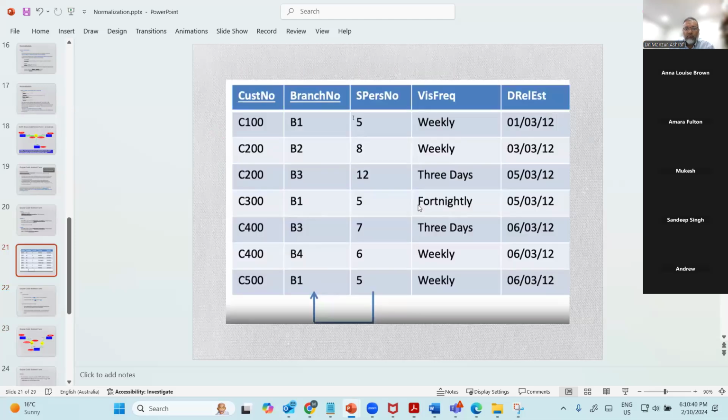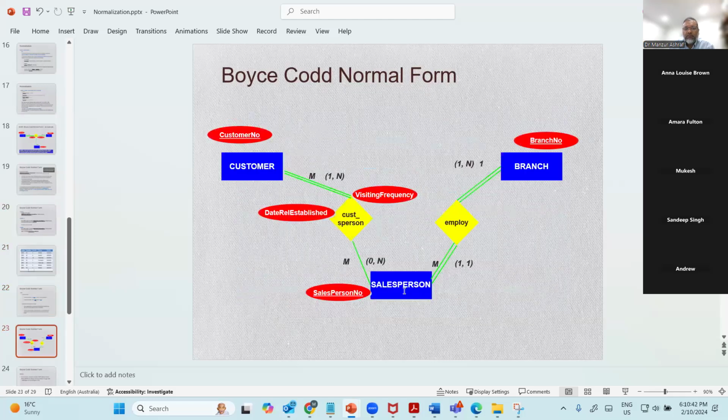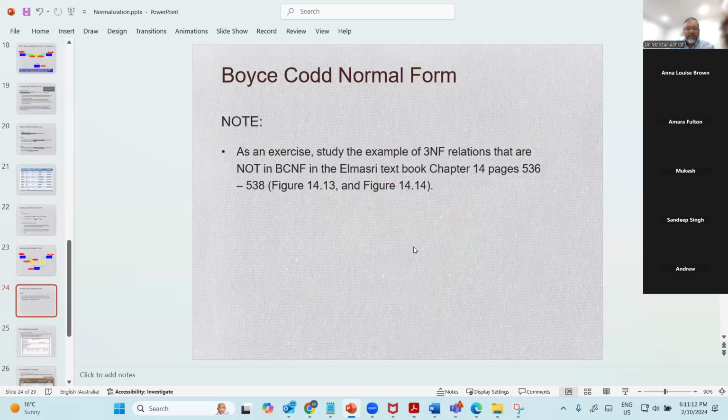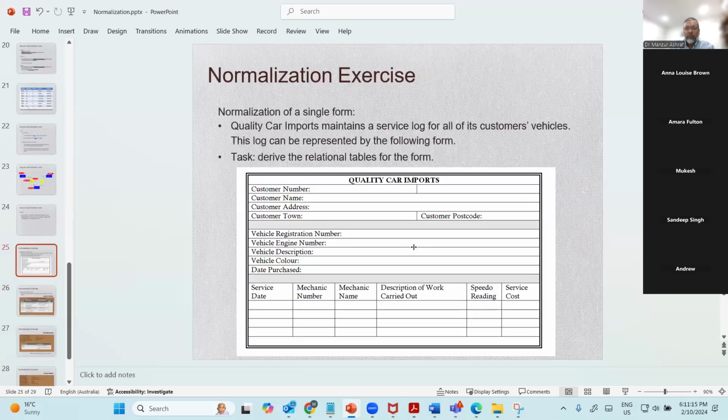And if we do so, like for this customer table, then the relation becomes something like that, right? Which makes sense: salesperson, customer, and that particular one to many, the branch and salesperson relationship, and customer salesperson is many to many, and this is how we can just do the steps. Of course, there is the debate between ERD and normalization, but ultimately we can try to cross check what's really happening here. There are other examples given, but I quickly want to go through the exercise, and also I need to finish the